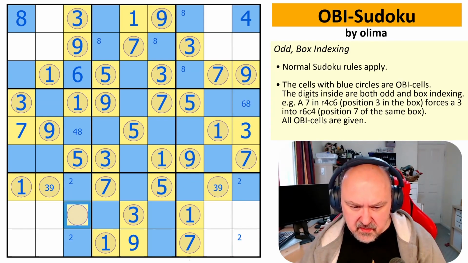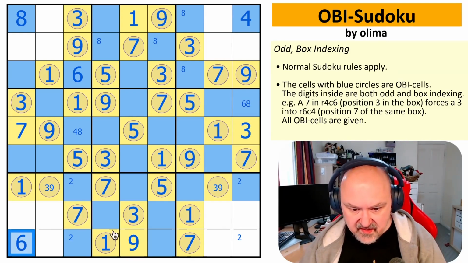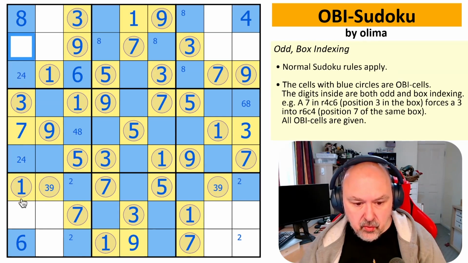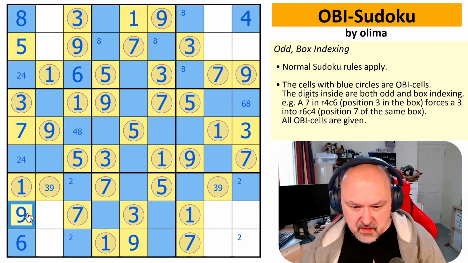This here is 7. Sees 1, 3, 5, and 9. This is 7. So 6 goes right there, making that even. So these are 2 and 4, and that is all of the evens. So these are now odd. So this is a 5, and this is a 9,